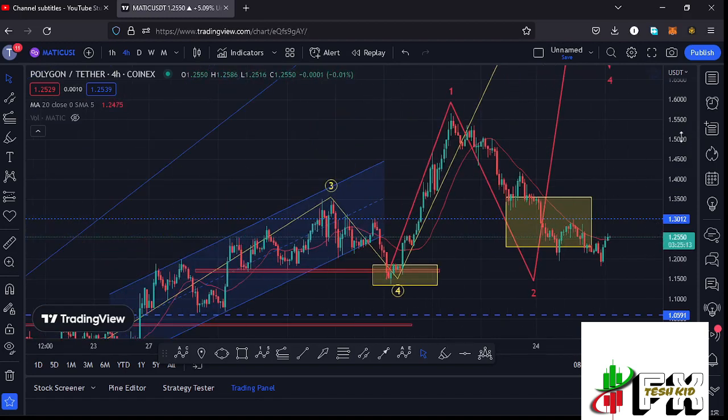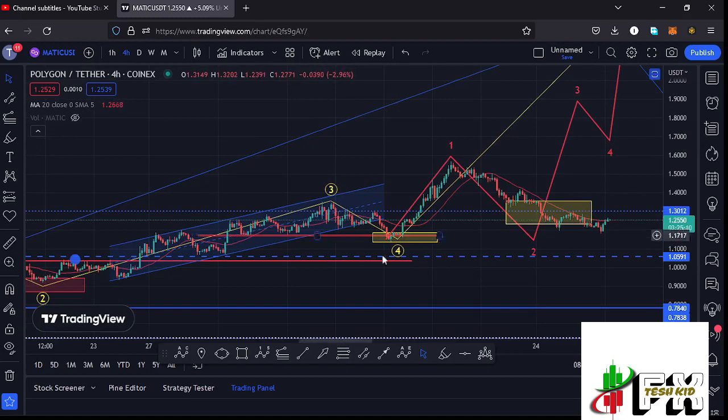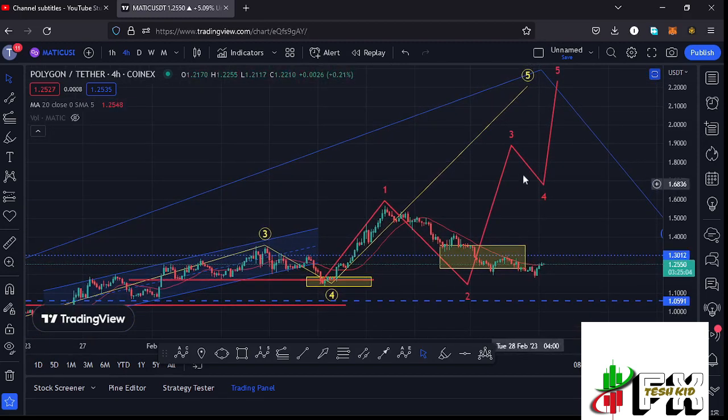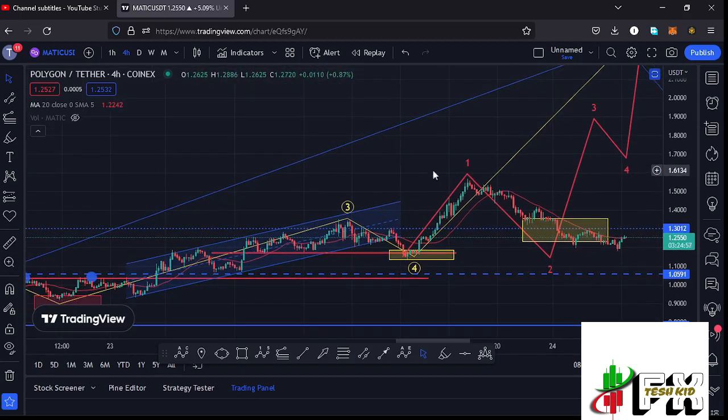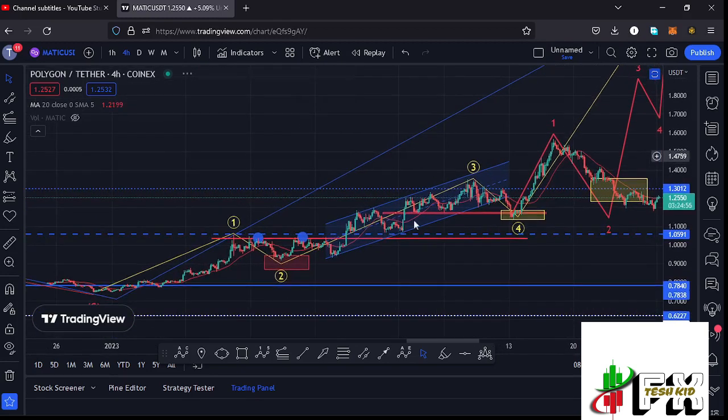We have also continued to obey the Elliott wave structures, where we have fully maximized our minimum target area to the lower side in the formation of this wave 4, and I still believe that whatever we are seeing at the moment is the start of this massive bounce to the upside in the formation of this wave 5. And before I get further into the technical analysis and also give you my next price targets to the upside here in the formation of that wave 5,